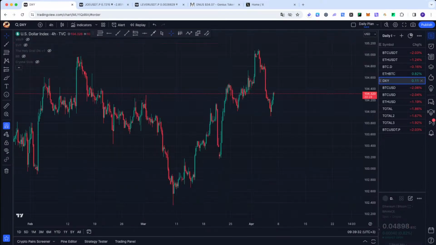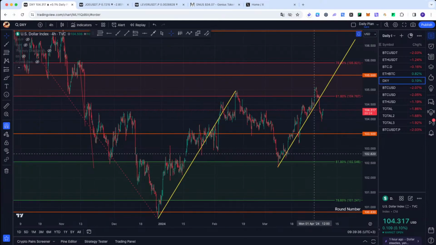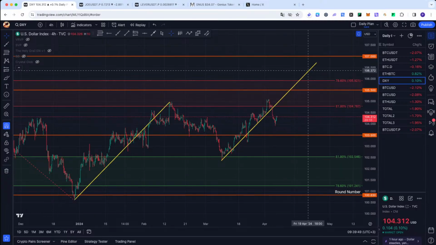Let's see what we have on DXY. Well, DXY, in my view, is still in this fib-pong state. Now you can see we have short reload zone, long reload zone. Yeah, it's possible to do an AB equals CD. You can see it here. AB equals CD will point out at 106. We'll do that? I don't know.